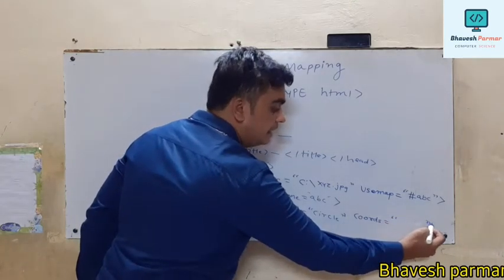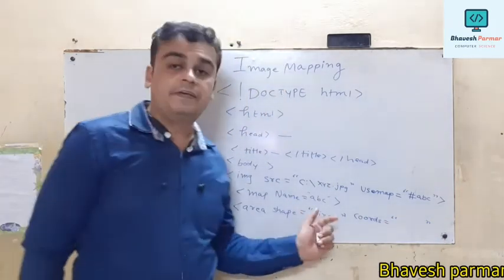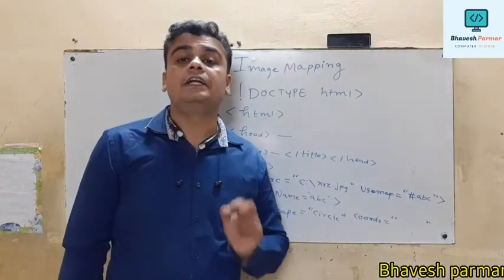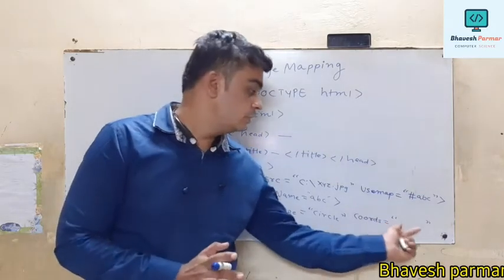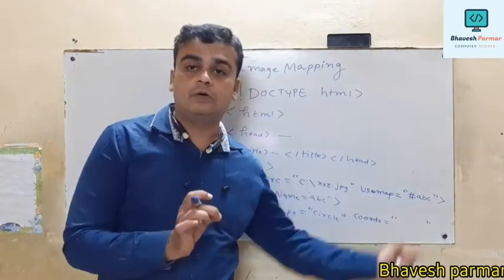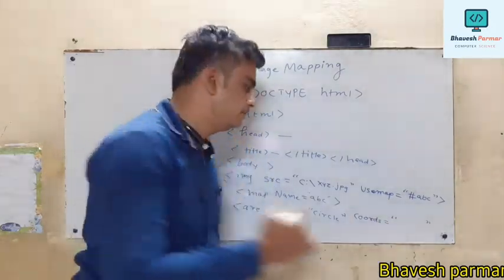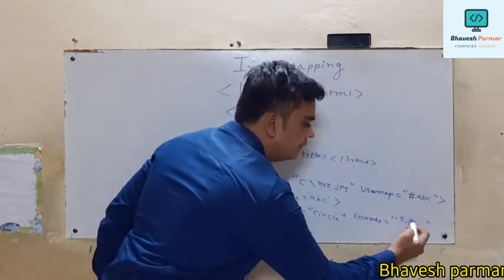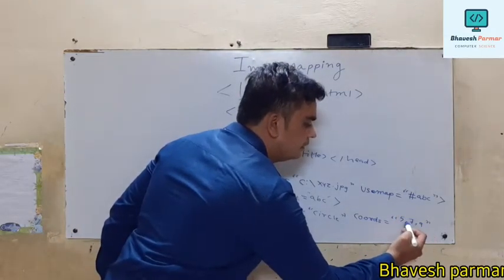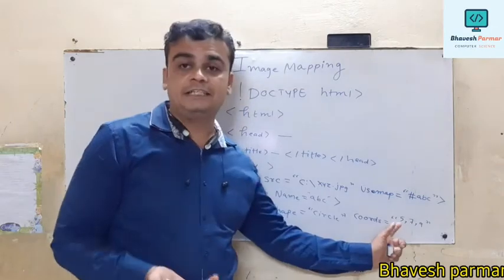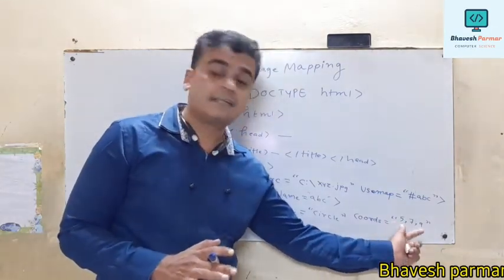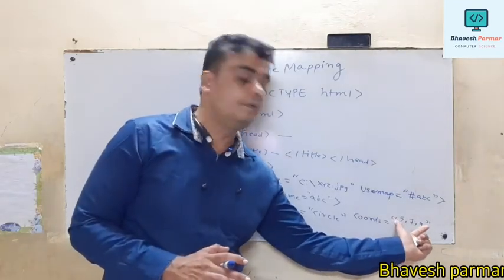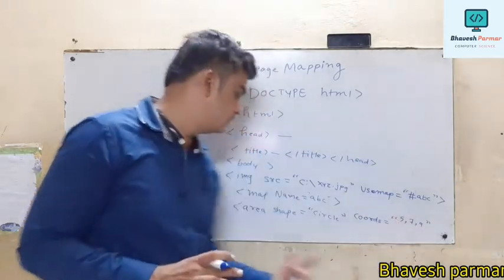Thereafter, in double inverted commas, we write the three different coordinates that we used at the time of drawing that particular image. That coordinate you have to write down, separated by commas. So suppose the values are 5, 7, 9. It may be 2-digit or 3-digit also. This is only for example's point of view. So these coordinates are separated by commas, and should be enclosed in double inverted quotes.